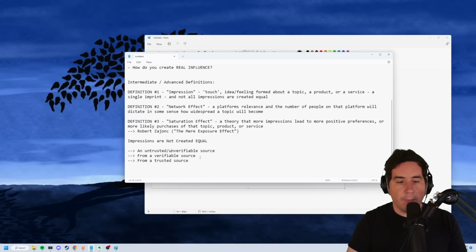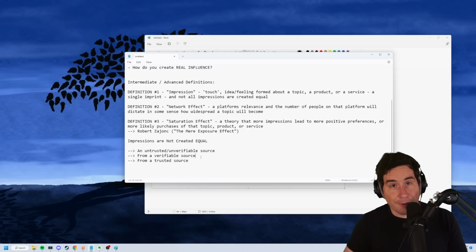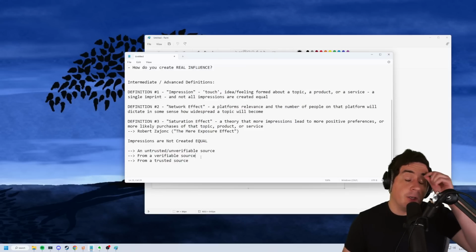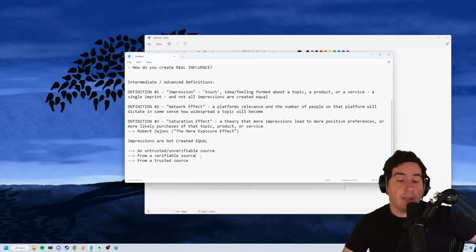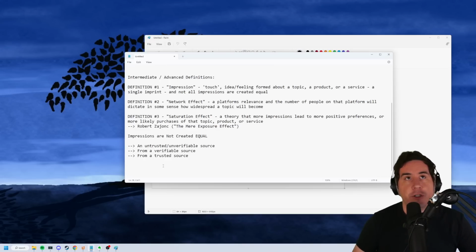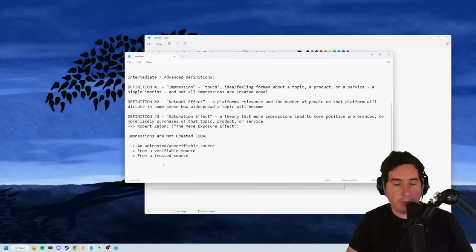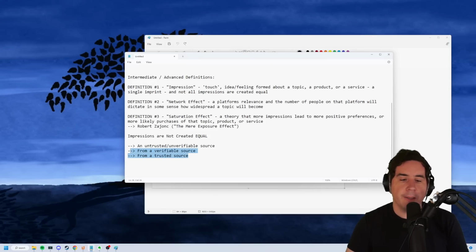It's kind of scary how much a verifiable source like a doctor or an expert marketer can convince you of something and you just believe it. But trusted source is next. That means I know, like, and trust this person, and that's the highest quality impression, which means they don't necessarily have to be verifiable. These two are mutually exclusive. So the highest quality impression is your best friend telling you, you have to try this product, it was amazing for me, and they give you a complete anecdote that might not even work, like some supplement, and you're like, okay, great, and you try that because you know, like, and trust them. That's the most likely that you're going to buy a product, from a trusted source.